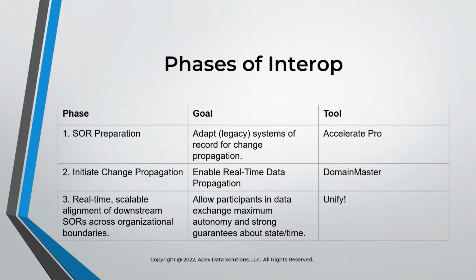We like to think of Domain Master as kind of unifying in a box because it's really got all the pieces and it's really aimed at the desktop. But Unify is the scalable version of the same thing. In this case, we want to enable data exchange with maximum organizational autonomy over how we use the data, but with strong guarantees about state and time. That's the hardest thing about interop,